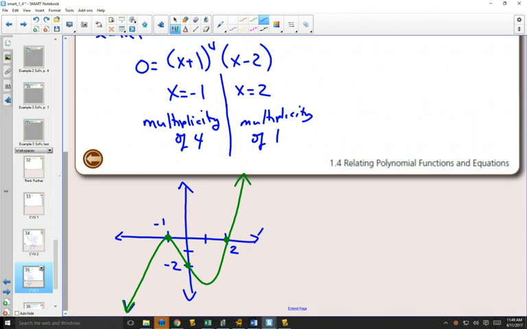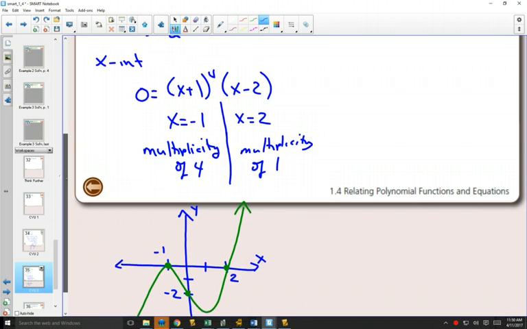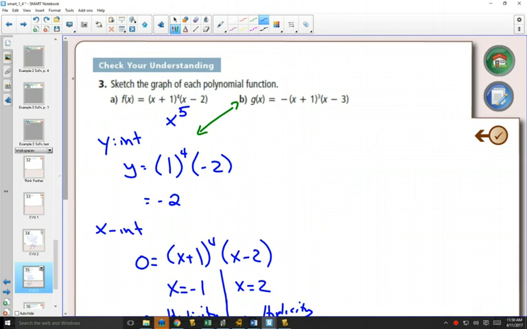IB courses, they even get fussy about labeling your axes, but you won't lose marks for not labeling your axes. If you don't put arrowheads on the end of your graphs, you would lose half a mark for that. So we want to draw it as accurately and as carefully as we can. So there's our first one with a multiplicity of 4 and a multiplicity of